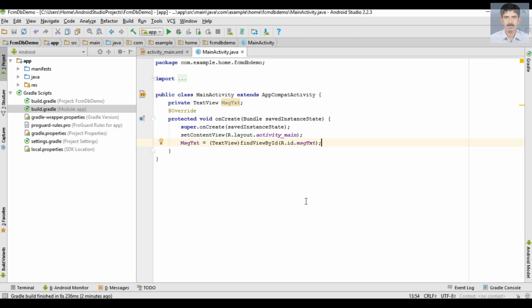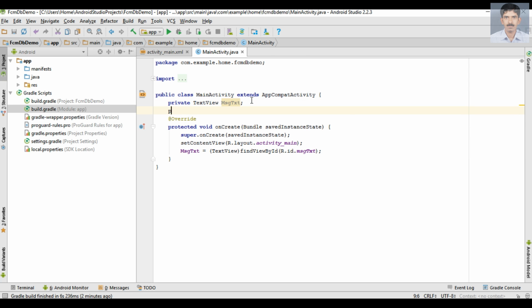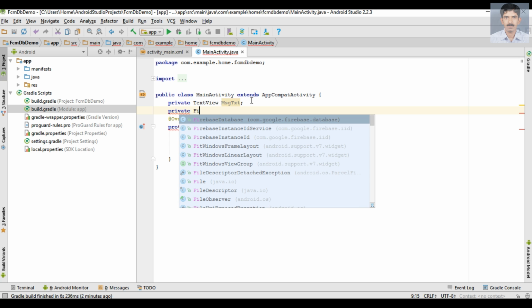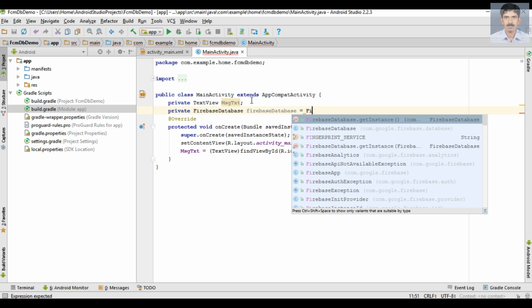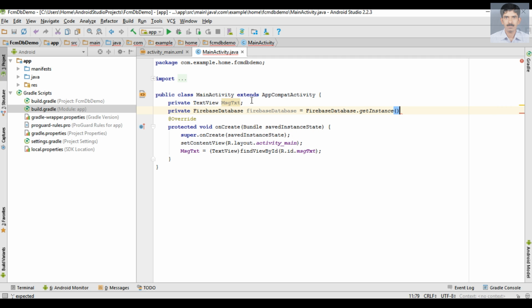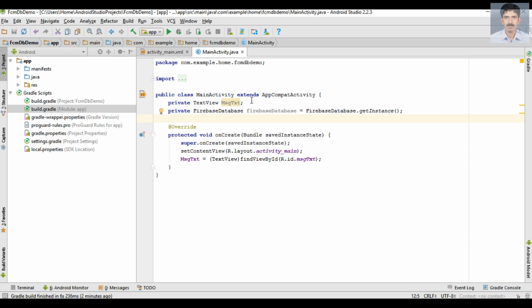So for accessing the Firebase real-time database, first thing you have to get an instance of the Firebase database. So here create a variable to get an instance of Firebase database. FirebaseDatabase.getInstance. Okay, now we need to access the root node of the JSON tree. I already told you, in Firebase real-time database, data is saved in the form of a JSON tree. So for working with the database, first we have to get an instance to the root node of the JSON tree. So for that, create a variable